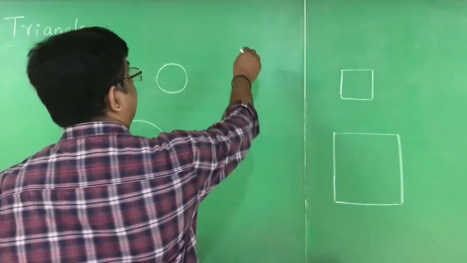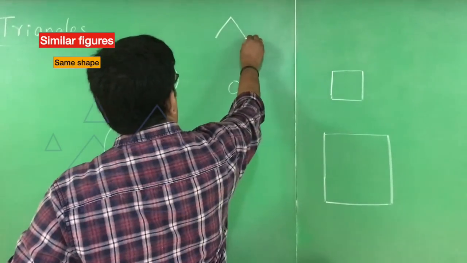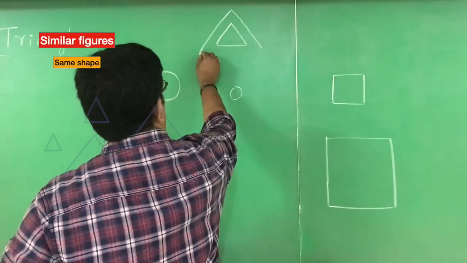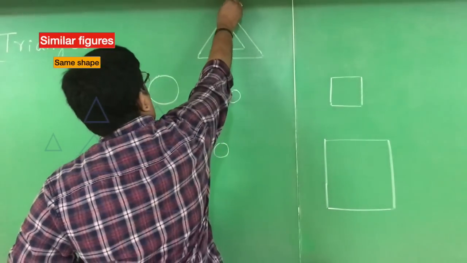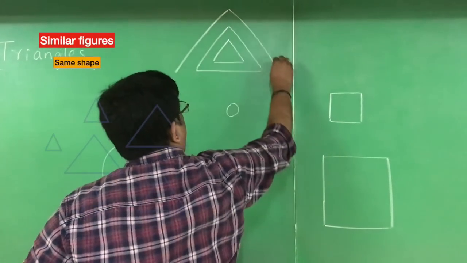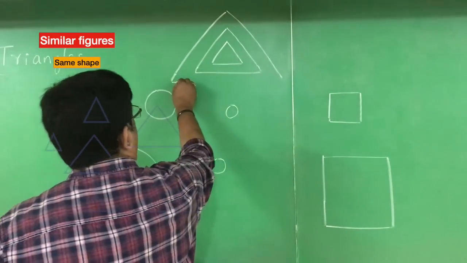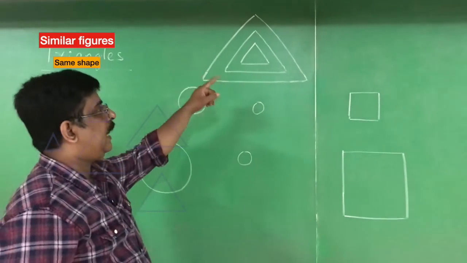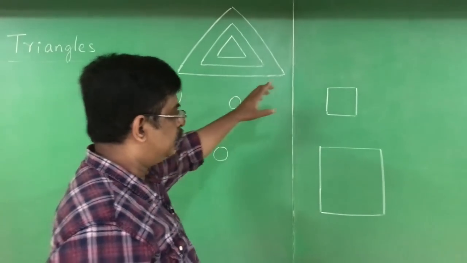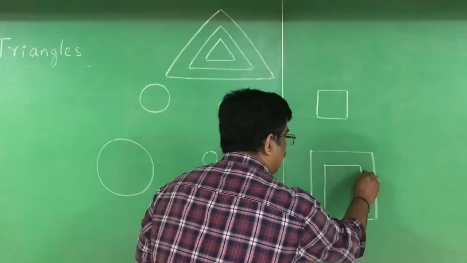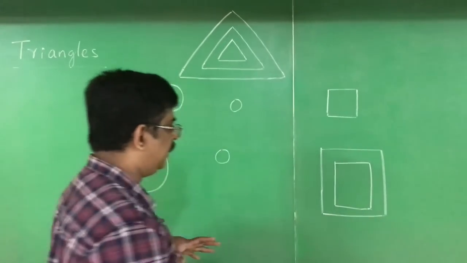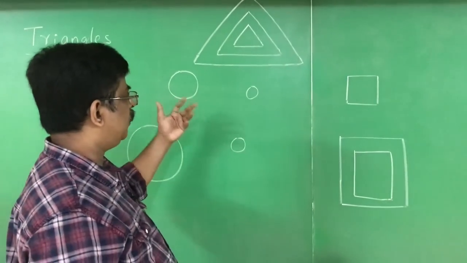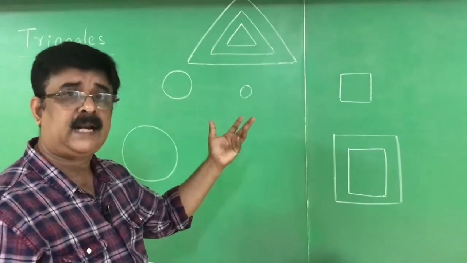Squares are always similar. Circles are always similar. There is one more: equilateral triangles. You can draw equilateral triangles of different sizes, but all of them have the same shape. But be careful, don't say that triangles are always similar. All triangles are not always similar. Equilateral triangles are always similar. Squares are always similar, and circles are always similar. Give examples of geometrical figures that are always similar. Very simple answer: circles, squares and equilateral triangles.